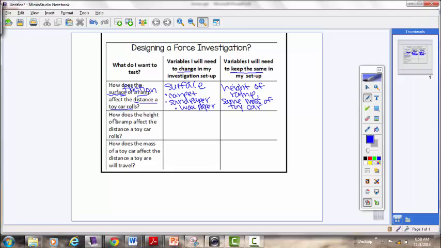our second question. How does the height of a ramp affect the distance a toy car rolls? Very similar question, only this time they're testing something different. This time they want to know the effect of what? The height of a ramp. Okay? So they're going to change what this time? The variable that they will need to change in the setup is the height